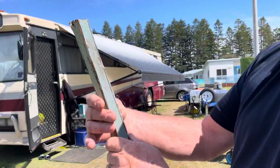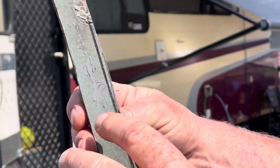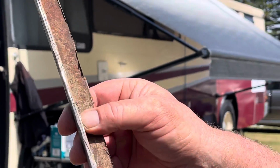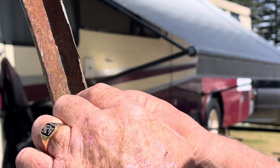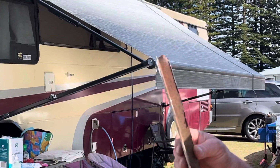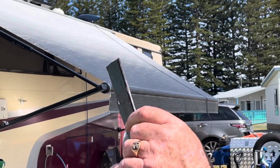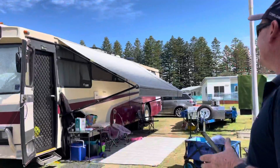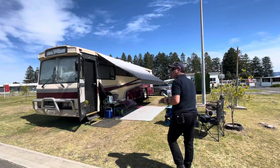This was in the undercarriage, so I've still got the paint on there. Still got full thickness, and all it is is a little tiny bit of surface rust on the inside. I was really impressed with that. That's after 38 years, and I would call that maybe 5 millimeters thick. So, the other thing I wanted to show you,